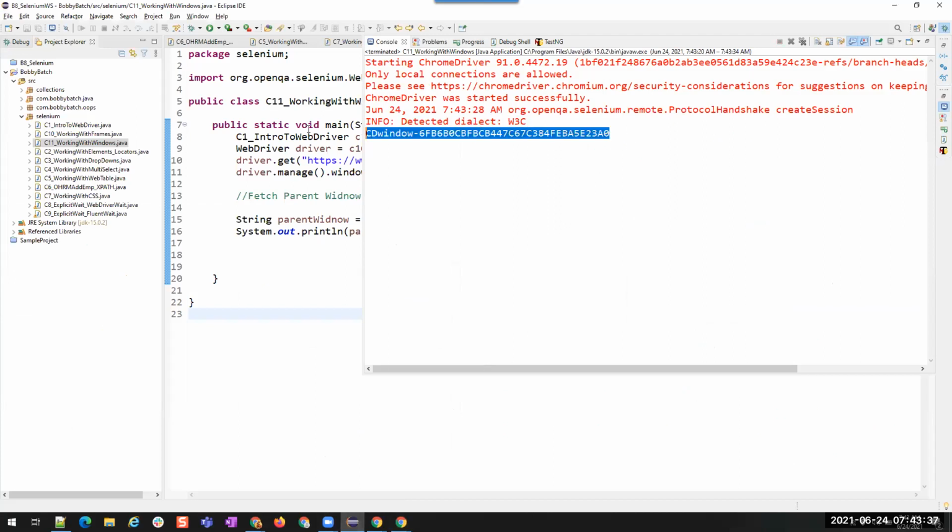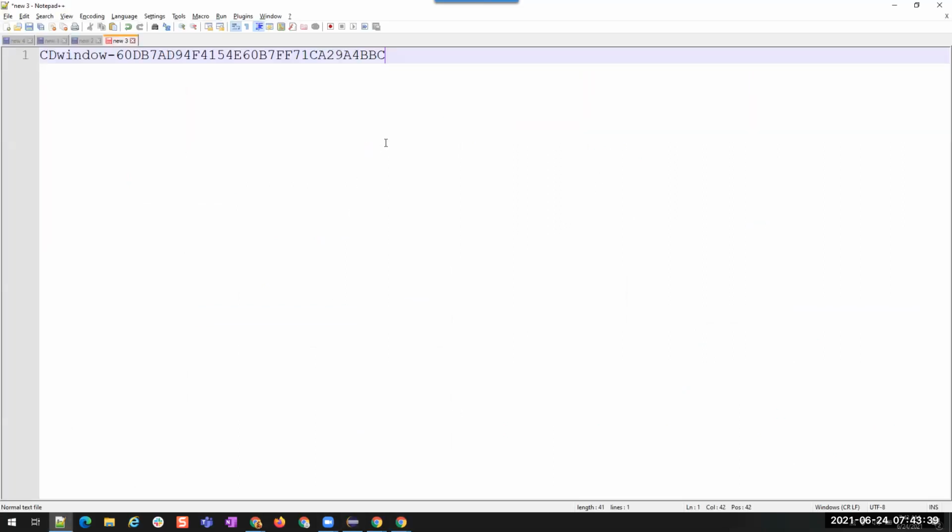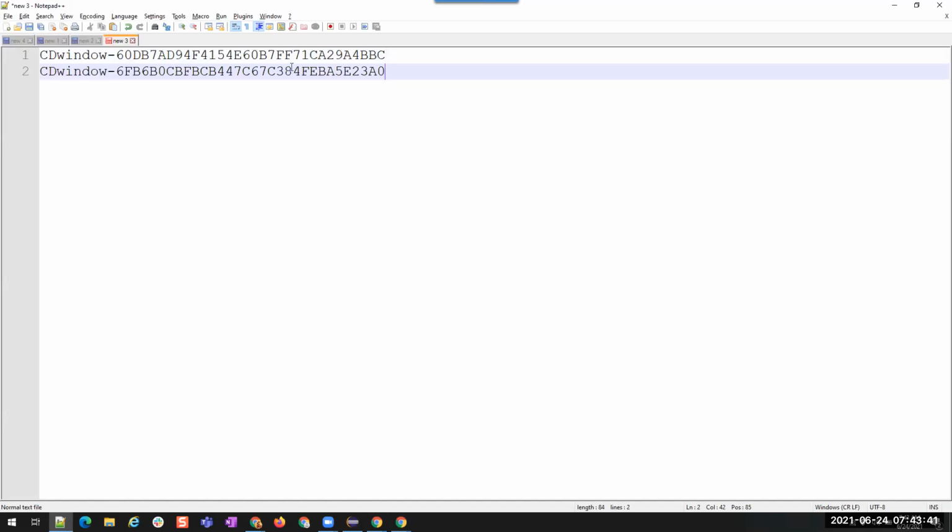Okay, now we got another ID. Paste it here. Now compare. Are both the IDs the same? One starts with 6O, the other with 6F, and one ends with BC while the other ends with A0.